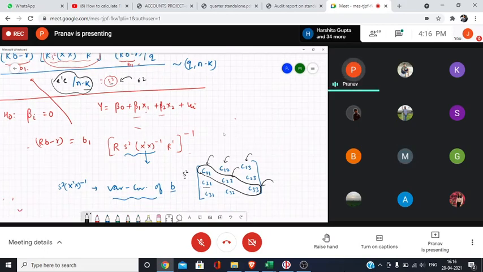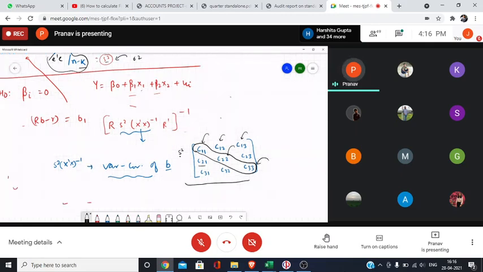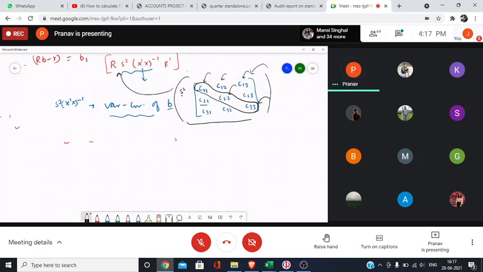ऑलराइट, सो यहां तक ये बात क्लियर है कि एस स्क्वायर मल्टीप्लाइड बाय एक्स ट्रांसपोज एक्स इनवर्स गिव्स मी वेरिएंस ऑफ बी नॉट, वेरिएंस ऑफ बी वन, वेरिएंस ऑफ बी टू, रेस्ट ऑल अदर कोवेरिएंसेस. नाउ लुक एट दिस टर्म. सो दिस होल थिंग is pre-multiplied by R first, and then the inner product of this gets post-multiplied by R transpose. So let me just pre-multiply this whole thing, so let me write it as S square C11, C12,